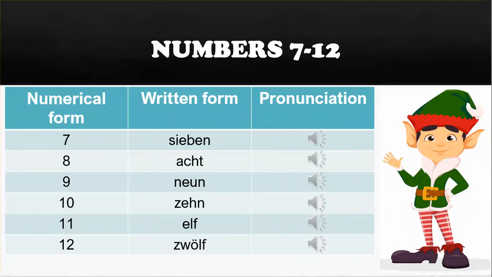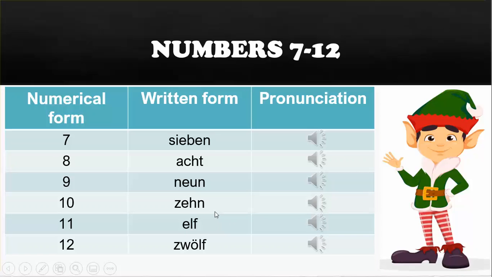Then we have the numbers 7 to 12. Now 7 is sieben, and then we have 8, which is acht, then 9, which is neun, then we have 10, which is zehn, and now look at the number 11, which is